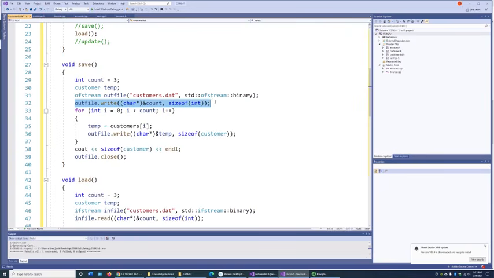Because eventually, or actually today, we're going to make it so that you can save a dynamic amount of customers. The amount of customers can change, and we're going to do that with the vector class. And then for all the customers that we have in our list, the count of customers, we're going to output